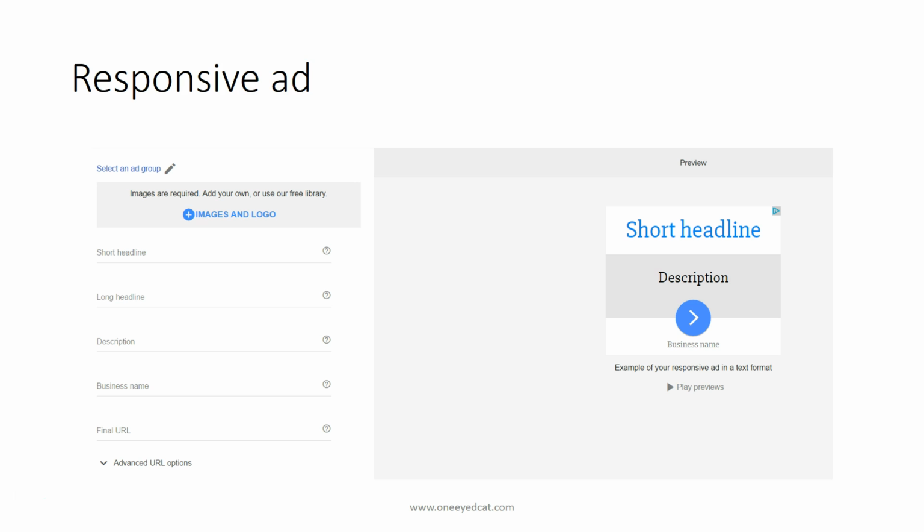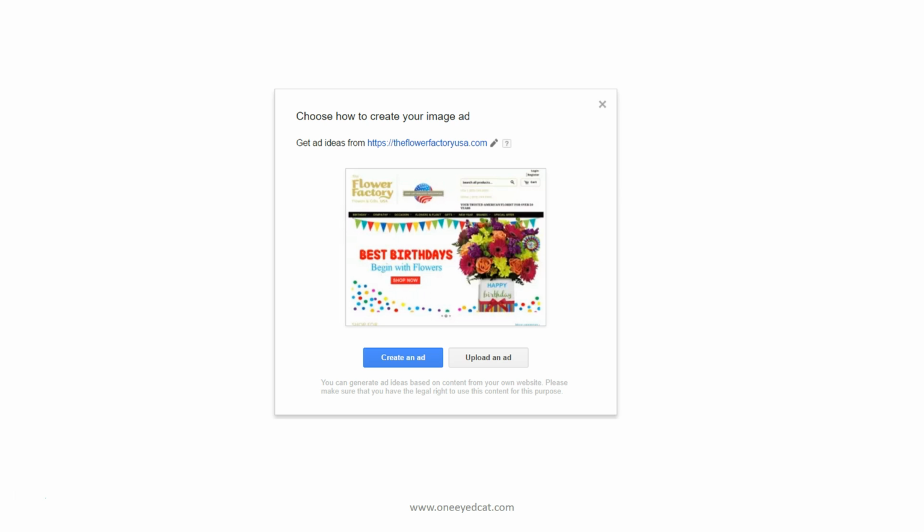So that's a responsive ad. They seem to work okay. For an e-commerce business, obviously, we're going to focus on dynamic ads. But if you also want to do some standard ads going to your homepage or something, then these might be an option as well. So the next option